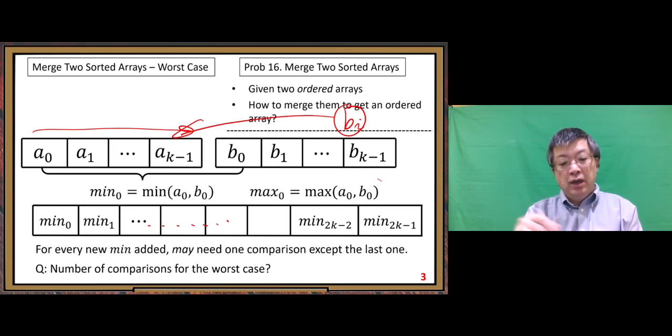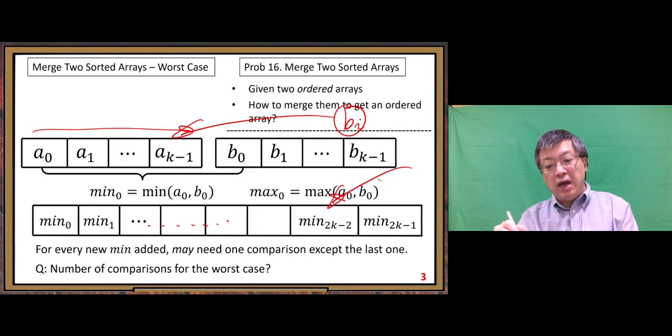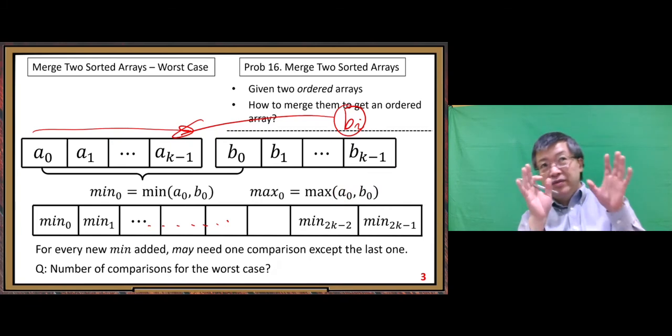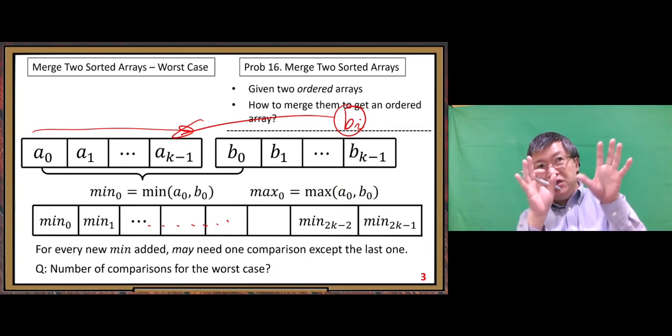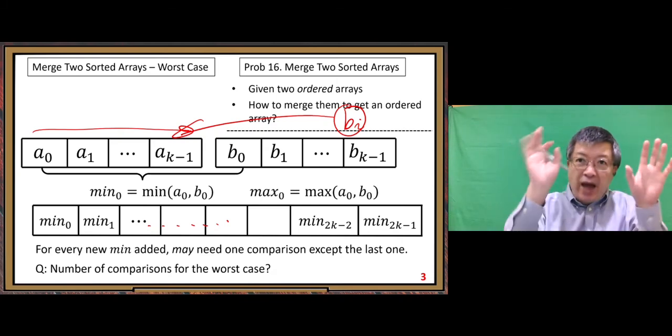keep doing. You don't have some element in the middle that can be all elements in the other array. Yeah. You need to do comparison until the next to the last one. That's the worst case. All right. Try to imagine those cases. Okay. All right. If you understand that,